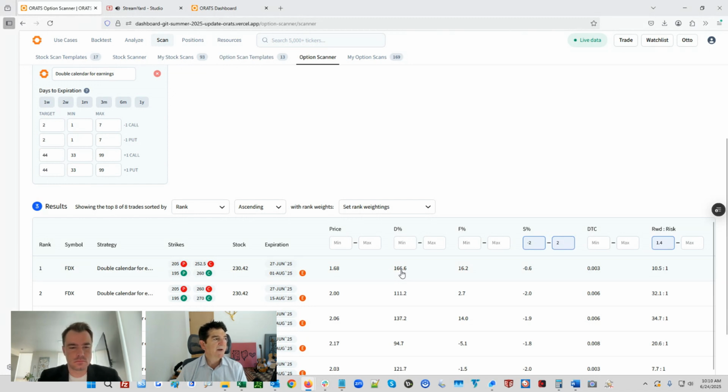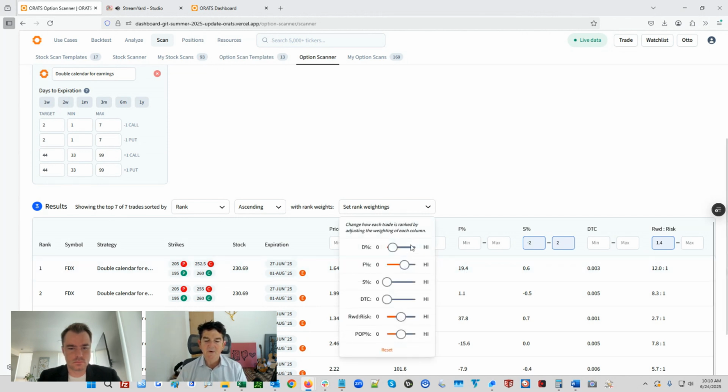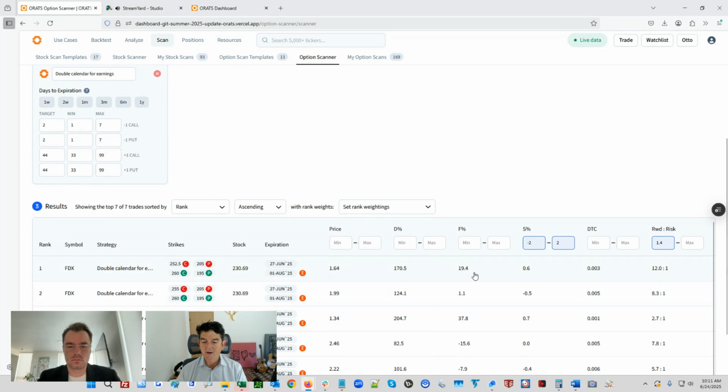The distribution percent does not include earnings in it. So I ignore the distribution during earnings, because the distribution is just a distribution of stock price changes over the life of the stock. But with the forecast, we do consider what the normal earnings moves are. So that's the one I really look at, in order to come up with a double diagonal for earnings. So I would minimize this, and as I have it here, maximize the forecast. And so I want to see a big forecast. So I would see something like this,